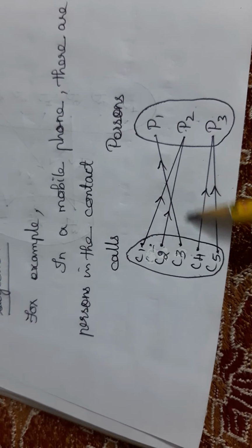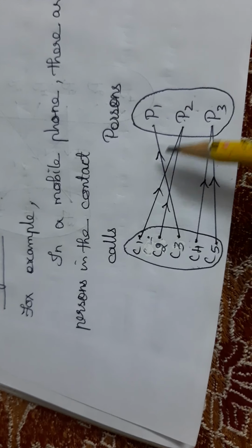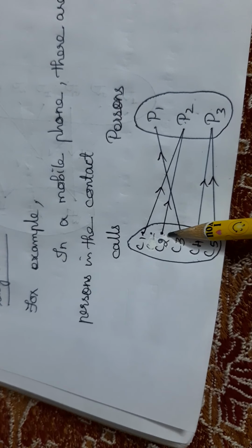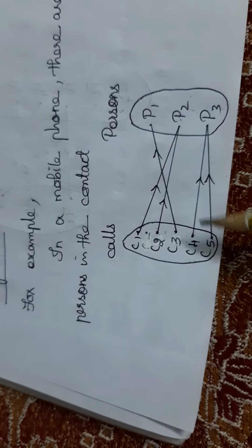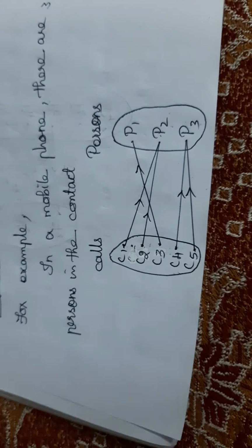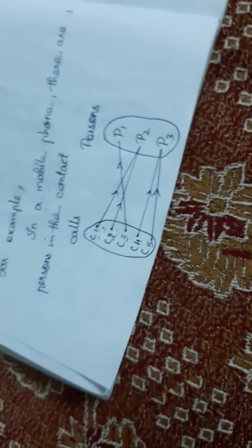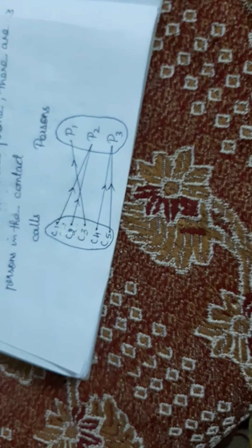Okay, they can call everybody. The first person can call, the second person can call, then call 1 and call 2, then the third person can call C4 and C5. This is not a single call at a time, but multiple calls, like a conference call, where you can call other persons. Anyway, all the persons can call others.